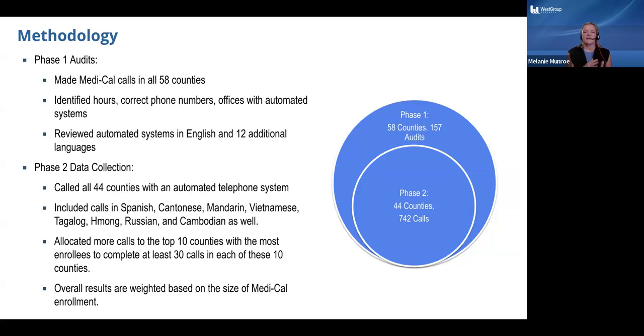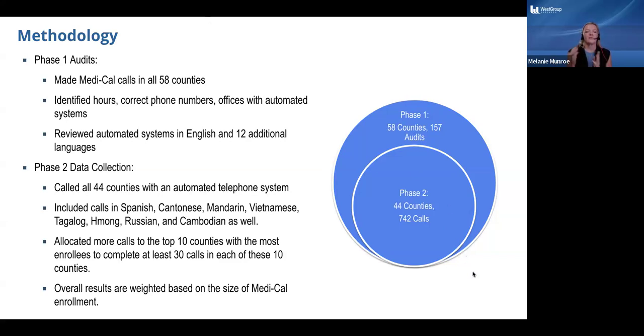We called varying the times of day and days of the week. And we also started the research at the end of May, continuing through the end of June to capture calls at varying times of the month. We collected quantitative data to capture real life experiences of residents in that county. And we were trying to act as if we were reaching a representative to speak about Medi-Cal renewal.